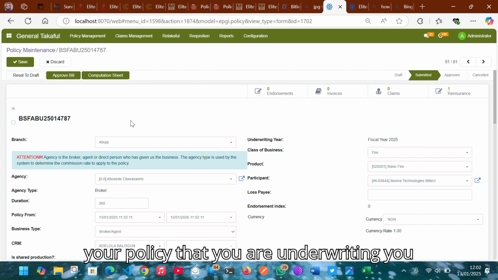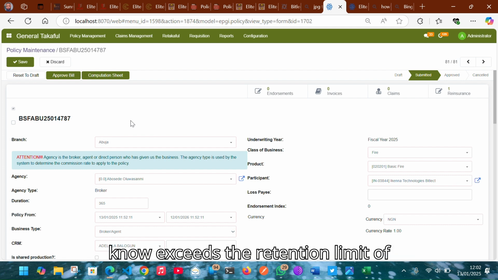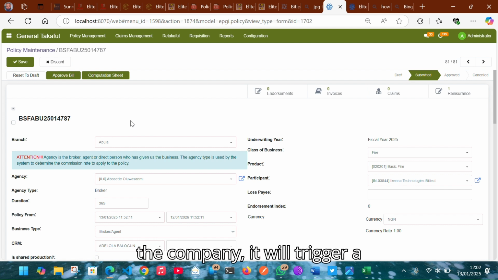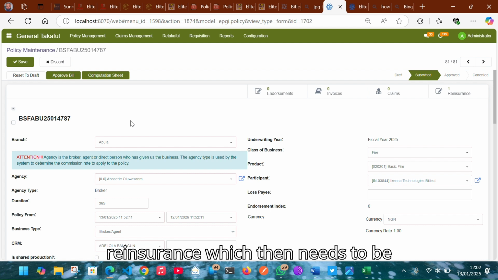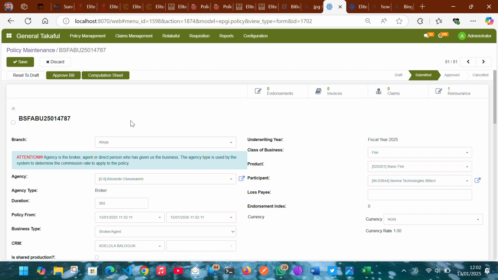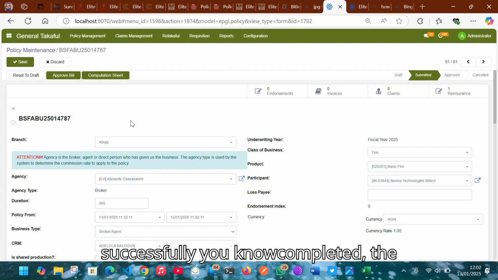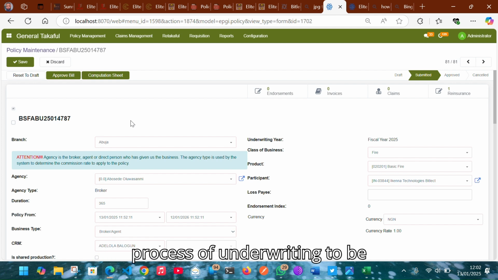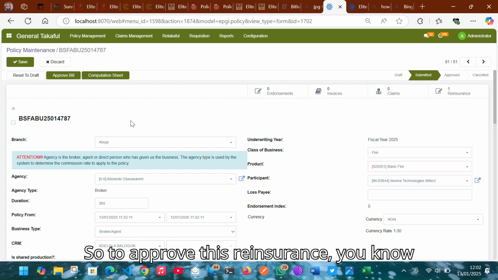once the policy that you're underwriting exceeds the retention limit of the company, it will trigger a reinsurance, which then needs to be approved for the process of underwriting to be successfully completed on the software. So, to approve this reinsurance,